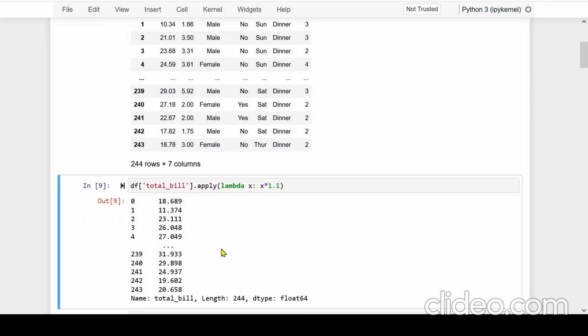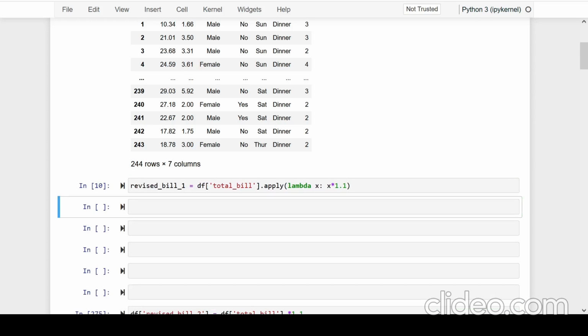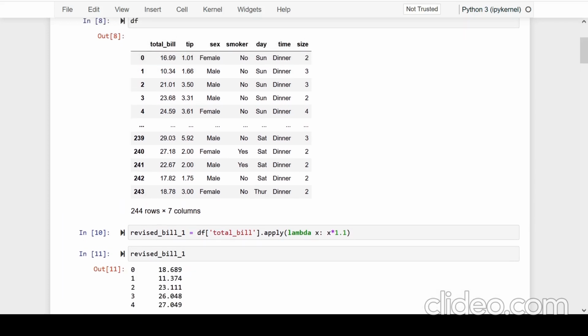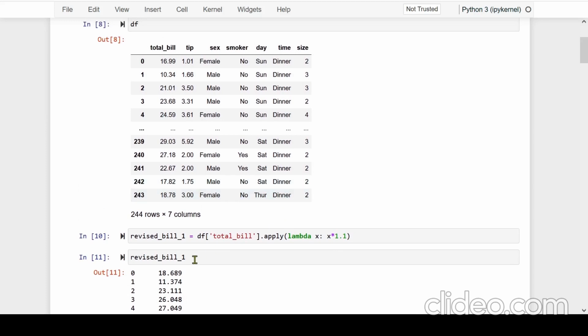This series we can save in a variable. Okay, we can call it what? Revised bill underscore 1 or something like that. So this series is ready, correct? So what will I do with this series? I mean, it all depends on what exactly is the requirement. If the requirement is to override this series,